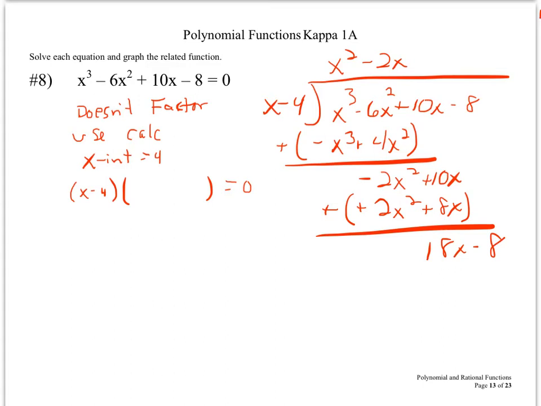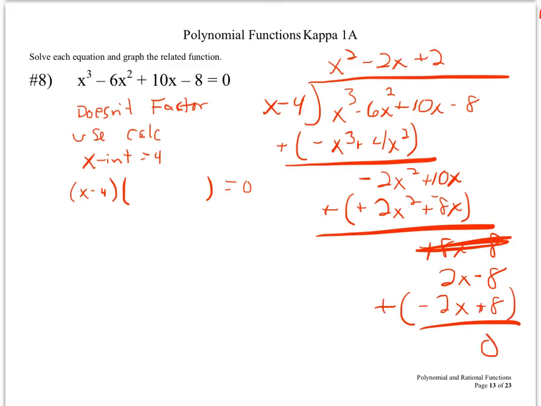I made a mistake here. A minus 2x times a minus 4 is a positive 8x. When I change the sign, it makes it a negative. 10x plus a negative 8x is 2x. Sorry about that. And then 2x divided by x is positive 2. 2 times x is 2x. 2 times negative 4 is negative 8. If I change the signs and add,